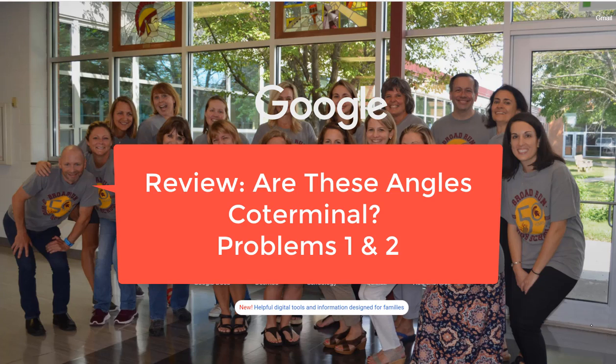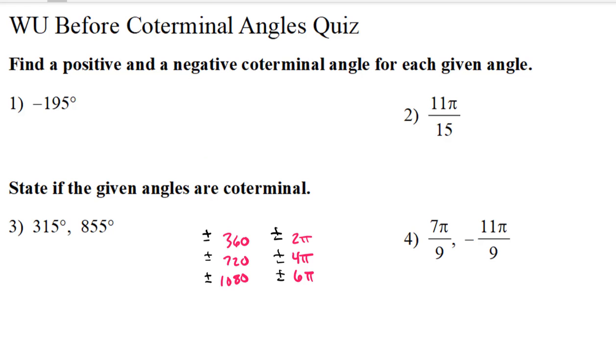This is a quick review before our coterminal angles quiz. So let's go ahead and take a look at this. We're going to do two videos because we've got 4 problems. Now the first video we're going to take a look at is finding positive and negative coterminal angles for the